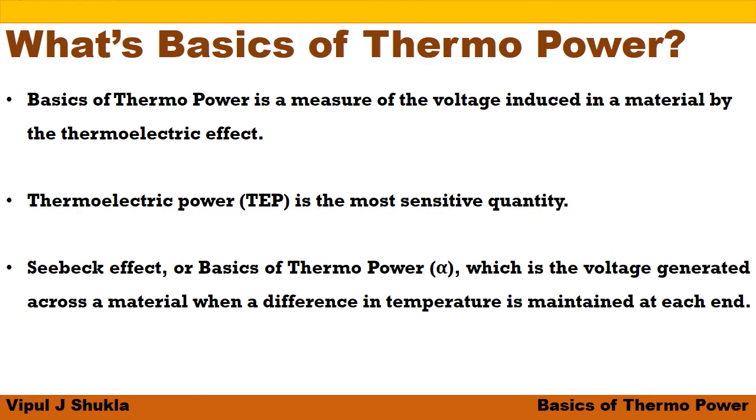The existence of such an electric field, known as thermoelectric field, is conventionally written as E equal to S into delta T. The proportionality constant S is known as thermopower, and here thermopower depends on the temperature to some extent and also varies with material. The SI unit of the Seebeck coefficient is volts per Kelvin, although it is more often given in microvolts per Kelvin.